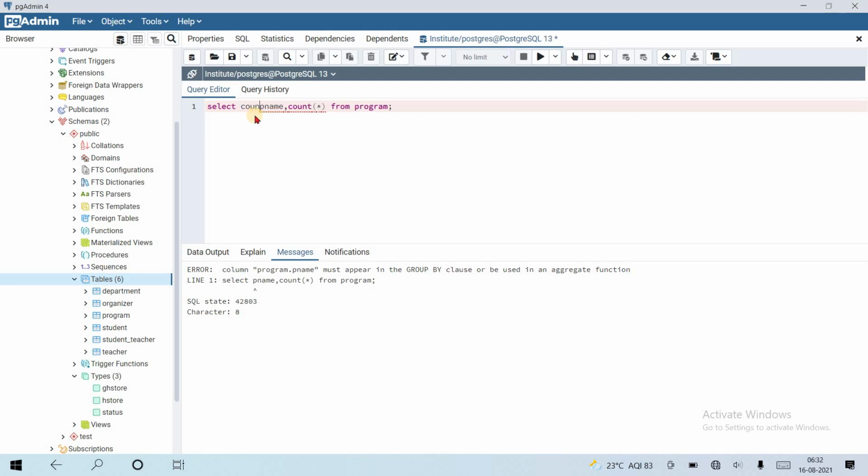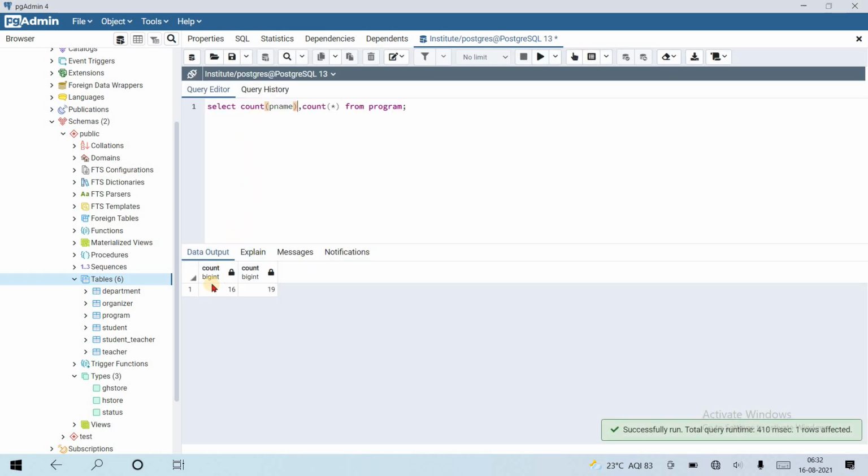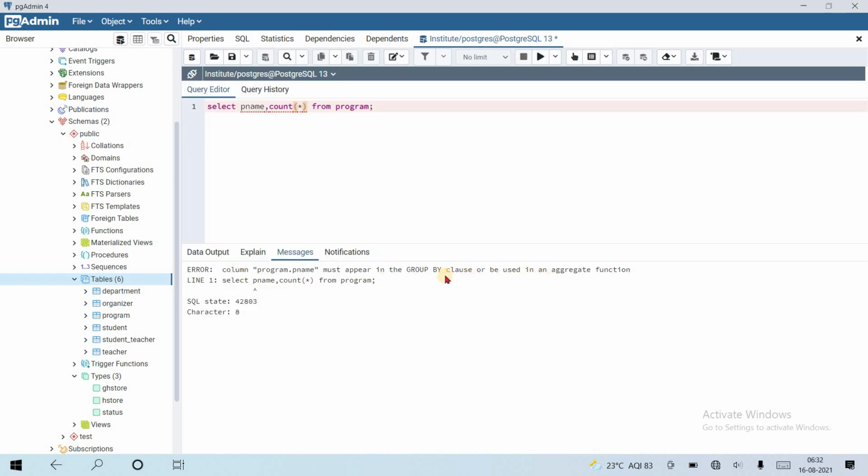Okay, let's see if I use count pname, whether the error goes away or not. Yes, fine. It counts the total program names and all the records. So the error is about using an aggregate function, or the column must appear in the group by clause.